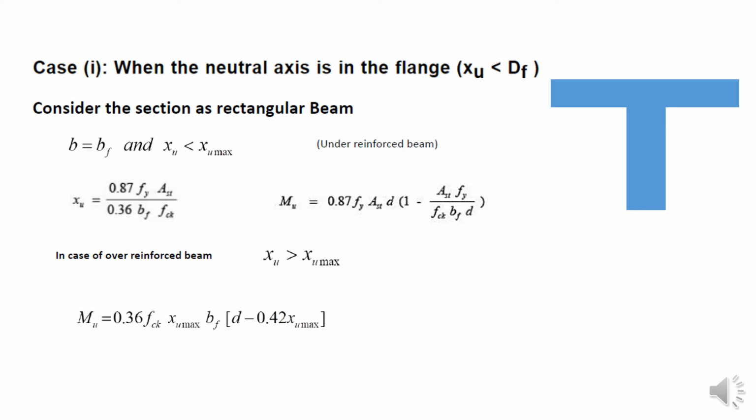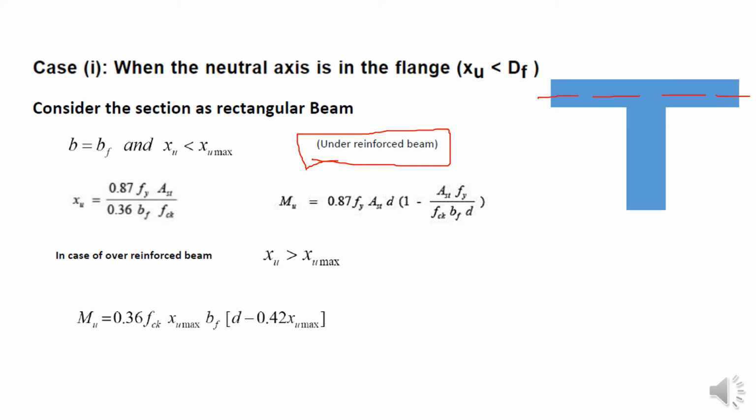Case 1, when the neutral axis lies within the flange, that is XU less than DF. Consider this a rectangular beam. So B is equal to BF, and you have to find the value of XU, that is 0.87 Fy AST divided by 0.36 BF into FCK. If XU is less than XU max, you have to design the section as an under-reinforced section. So already we know MU is equal to 0.87 Fy AST into D, 1 minus AST Fy divided by FCK